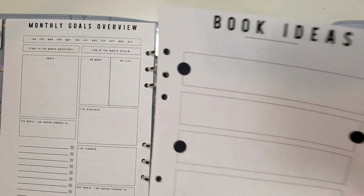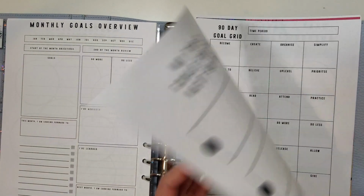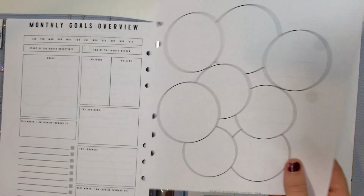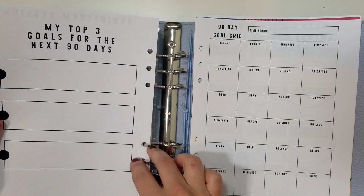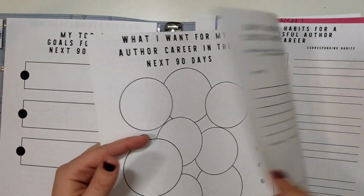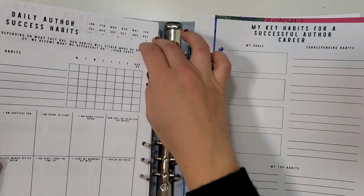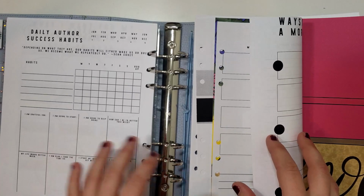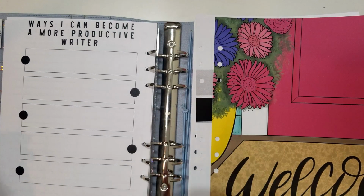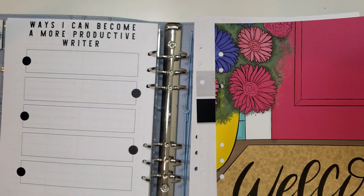Just trying to see, we got book ideas. We're going to move that. Let's see. Some of these, like brainstorming, that's going to be in a different section. Oh, I think that's for goals, so we'll actually keep that. We have a 90-day plan. So with that, some of these I think I want to put in different sections, but I think this will be okay. So then it moves on to the calendar, but I do have